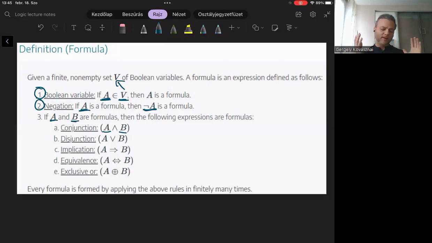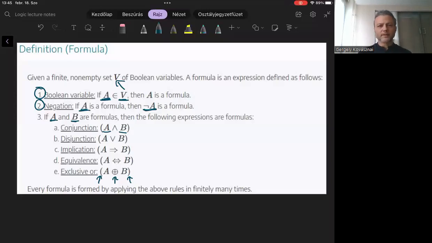Let's just take 2 formulas and connect them with any of those connectives here. So you put the chosen operator between the 2 formulas, and also you have to use parentheses around them. What you get is also a statement, also a formula.